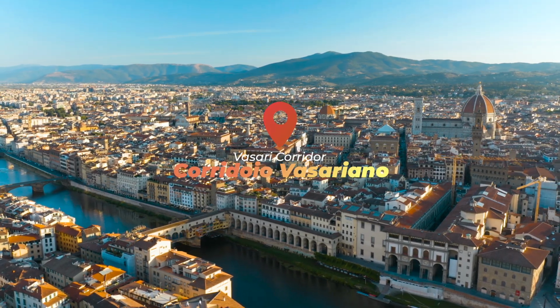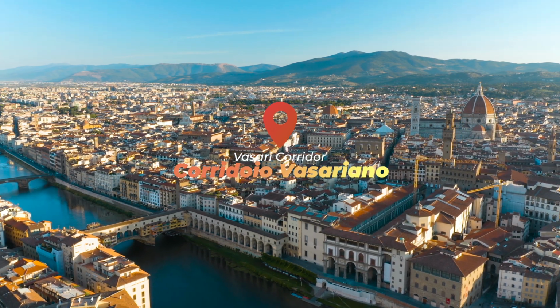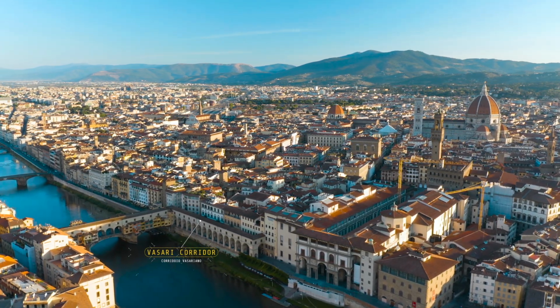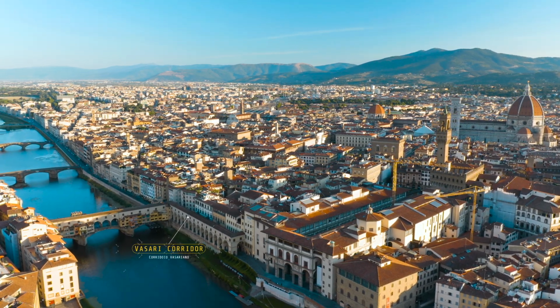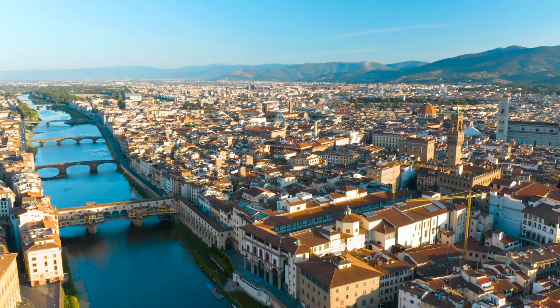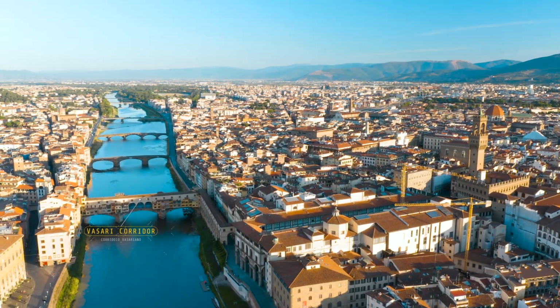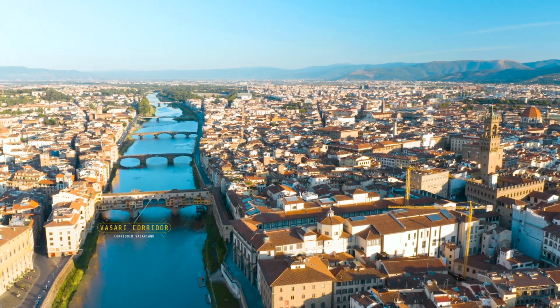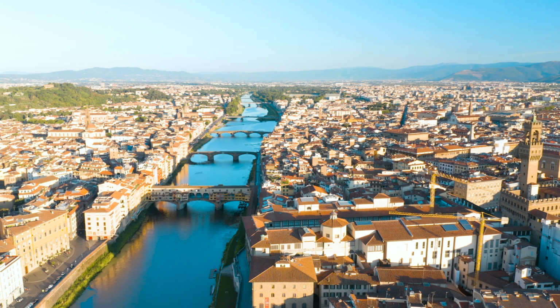Running above the bustling streets of Florence, hidden in plain sight, is one of the city's most intriguing landmarks, the Vasari Corridor. Commissioned in 1565 by Duke Cosimo I de' Medici, the corridor was built in just 5 months by architect Giorgio Vasari. Its purpose? To give the Medici family a safe and private path between their residence at Palazzo Pitti and the government offices